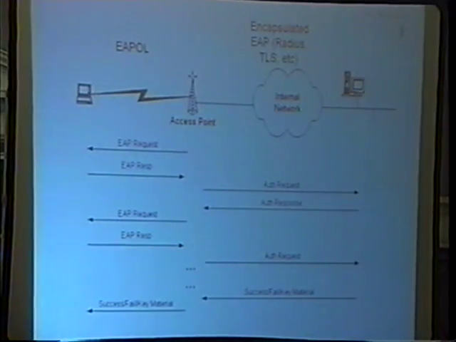All right, so how does this all work? The first step of this can be initiated by either the access point or the client. The access point can say, hey, let's do some EAP stuff. Or the client can send an EAP start and say, hey, you know what, I'm here. Why don't you pay attention to me?